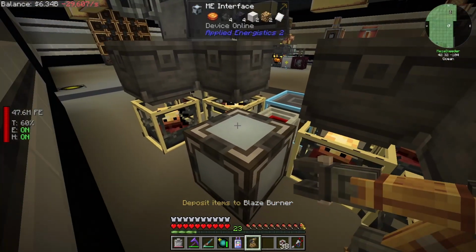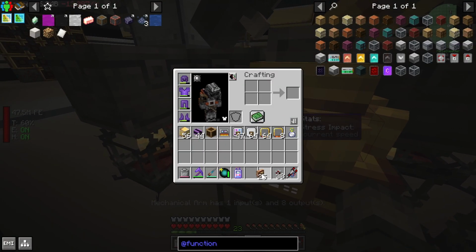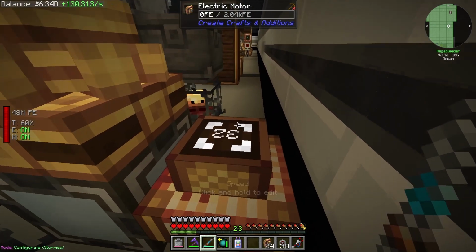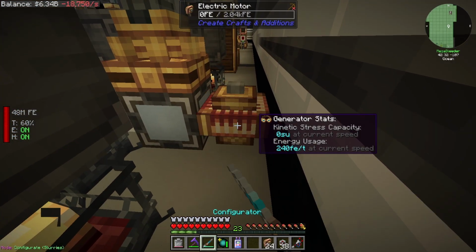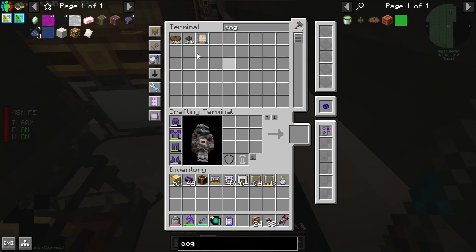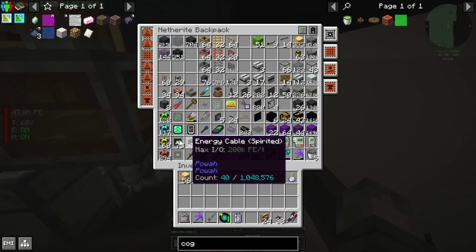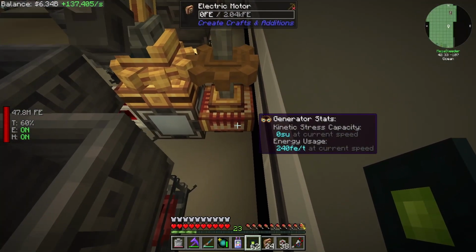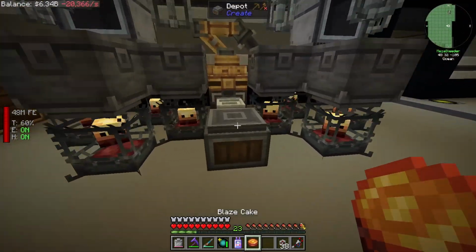And then I'm going to place him back here. And then a motor is going to go there. Let's rotate it so we can see our speed, and we're going to set our speed to 128. I don't want it to be too fast because I don't want it to be jittery. And then lastly, a cog. So if I put that there, if I get gates, place one there, that's spinning, that's spinning, that's spinning. If I put a blaze cake on here,